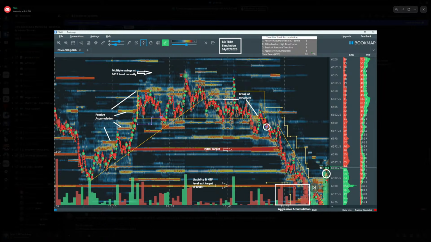But on this chart, when I zoom out, there was the 6615 level, in I think either the overnight session and or the previous day, that had a multitude of swings at that level. Not a key level as such, and there was not a lot of